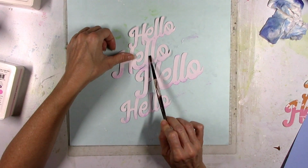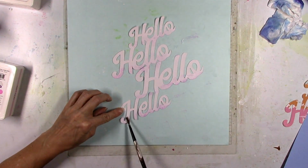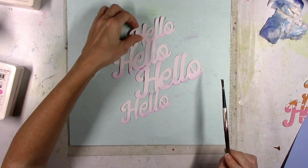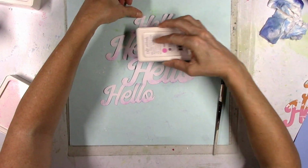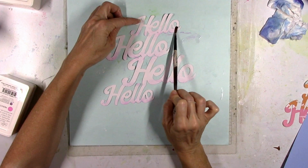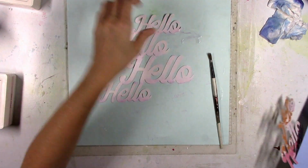And I think this turns out very pretty. I really like how subtle it looks. I like this on white cardstock, but I didn't want it just to be stark white. I wanted it to have a little bit of a tint of something, so that's what I'm doing here. It's going to have a white effect when I put it on that blue background, because the contrast in colors